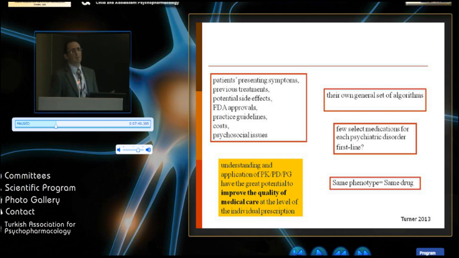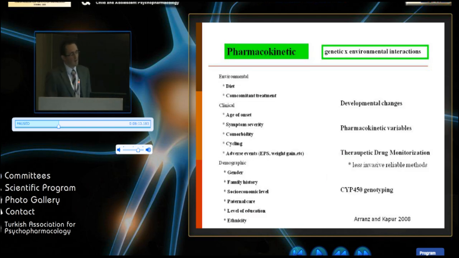within time we come up with algorithms. And some algorithms are formed in our mind, and as our experience increases, certain drugs start to be used for certain diseases, and without even noticing, some of them suddenly become our first choice. And as a result of this, the same patient group is administered the same drug all the time. But if pharmacokinetics, pharmacodynamics, and pharmacogenetics are taken into consideration properly during our approaches, then the quality of our treatment